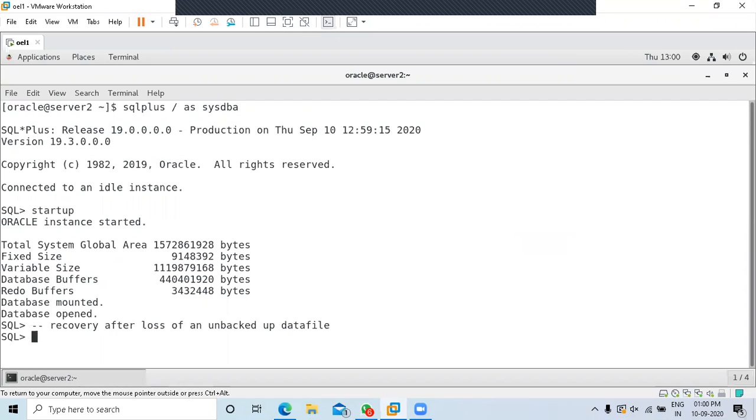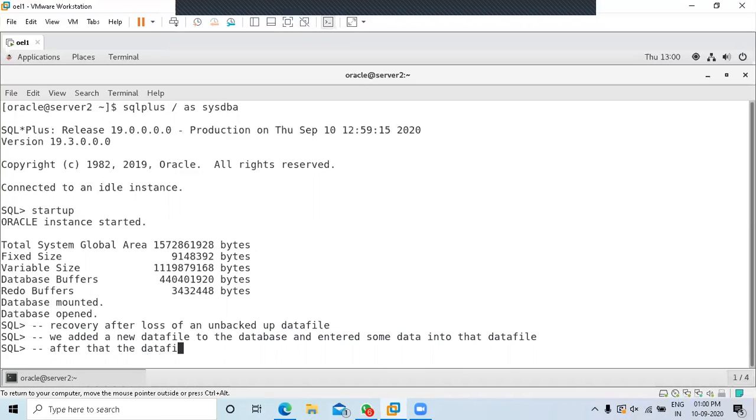This means that we added a new data file to the database and entered some data into that data file. After that, the data file was corrupted or deleted. So how do we recover that?